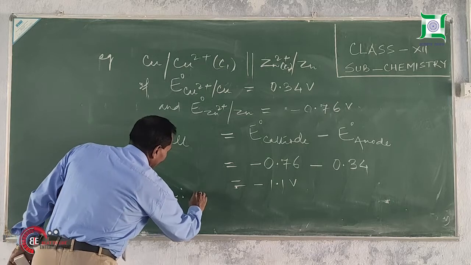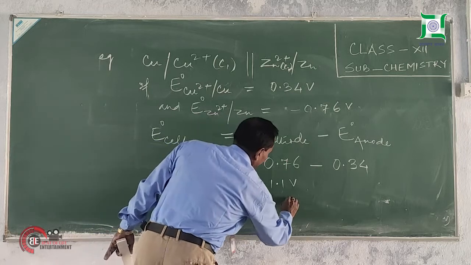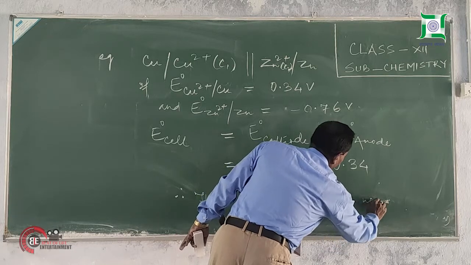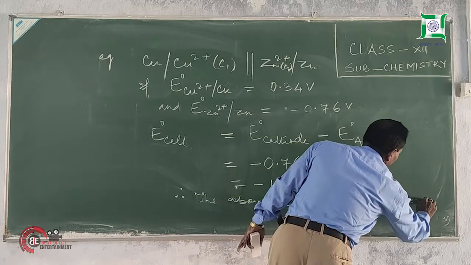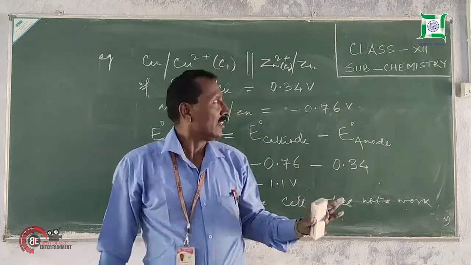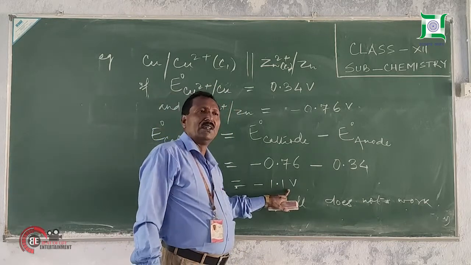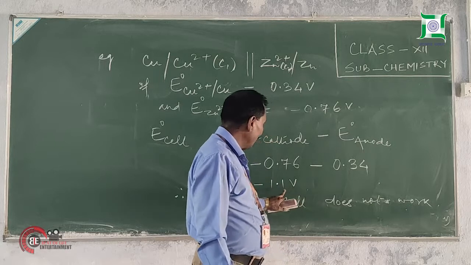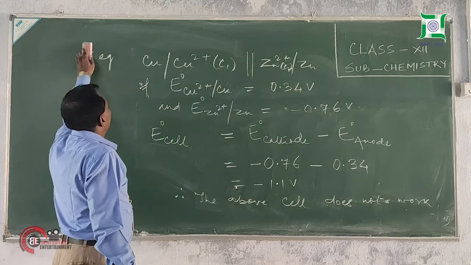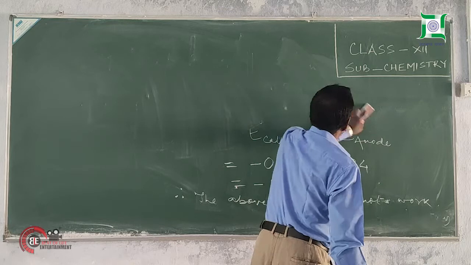Therefore, the above cell does not work. या फिर बोल सकते हैं कि ये सेल फिजिबल नहीं, क्योंकि EMF का वैल्यू या स्टैंडर्ड EMF का वैल्यू नेगेटिव आ गया। तो ये फर्स्ट एप्लीकेशन हो गया। उसी तरह से हमारे पास में कई एग्जाम्पल होते हैं।